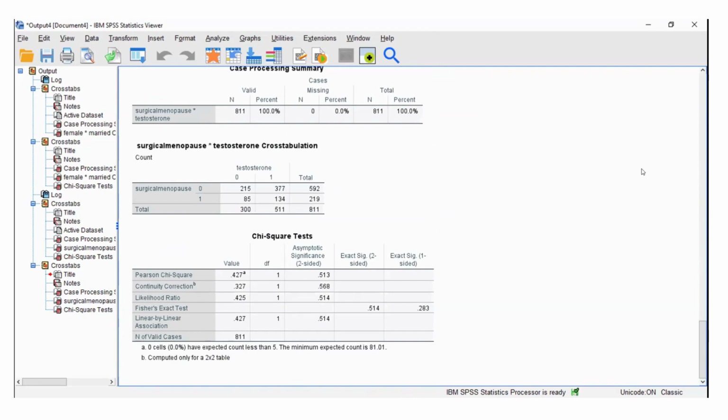All right, sir. So Emeka, can you go ahead? Okay, can you see my screen now? Yeah. Looking at this table, the chi-square test, we are having 0.514. Is that correct, sir?